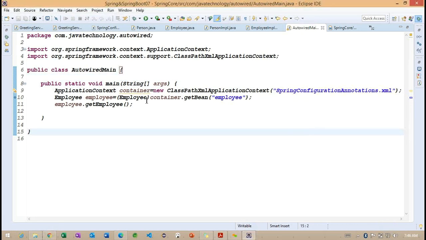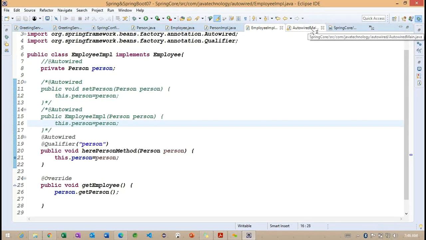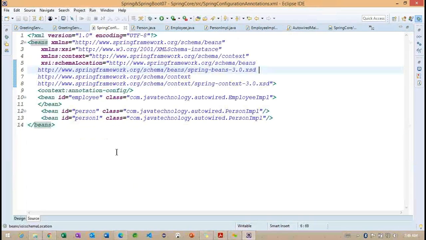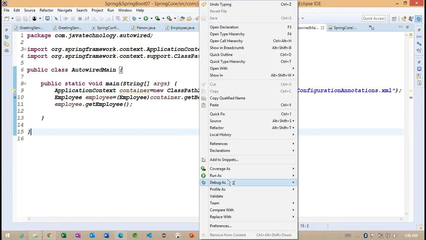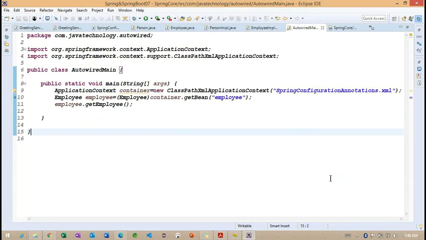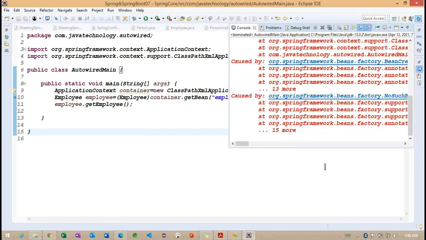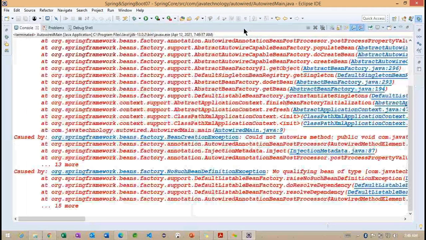If you are having only one bean in the configuration file, but now I'm trying to work with the same qualifier annotation, you can see basically the qualifier name must be the same here.